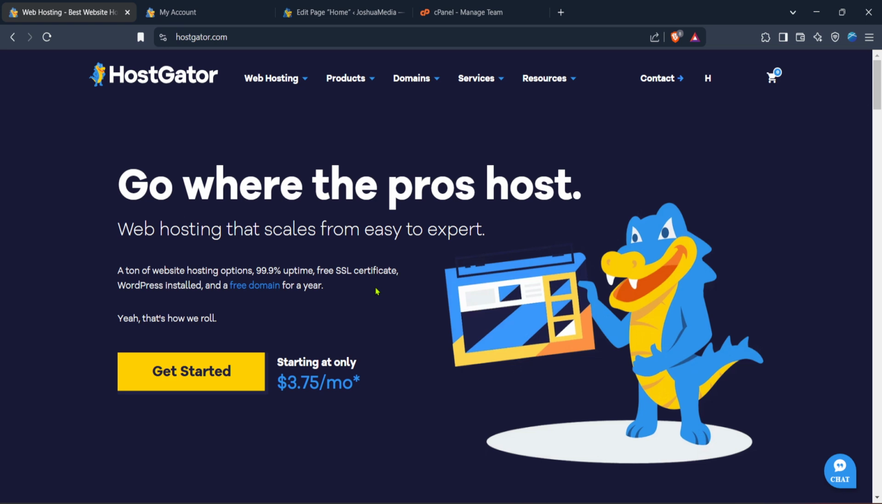So let's get started. First, you'll want to open your preferred web browser and head over to HostGator's website. You can easily find them by typing hostgator.com in the address bar. Once you're there, you'll notice a clean and navigable homepage offering multiple services, but our focus today is registering a